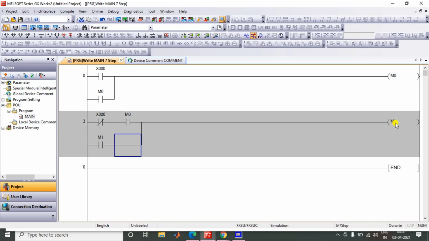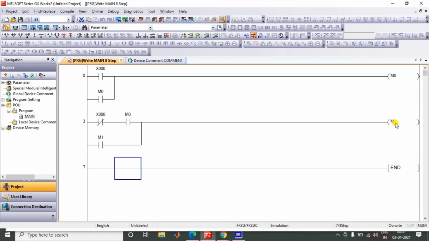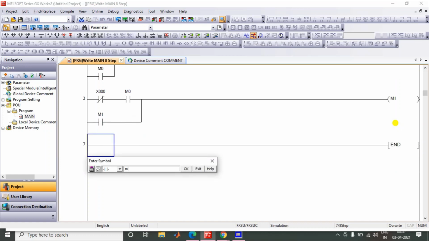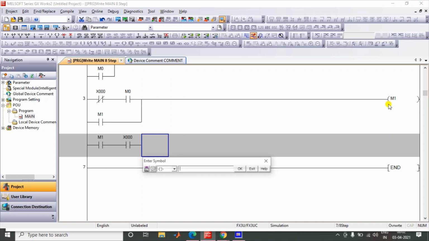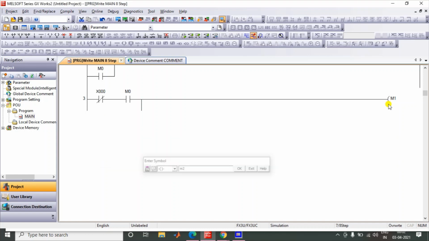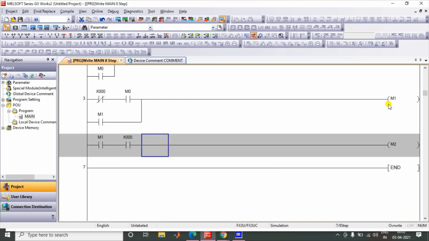And when I have M1, in that stage, meaning when I just reach this stage, if I press the button again, there should be one more memory held, M2.